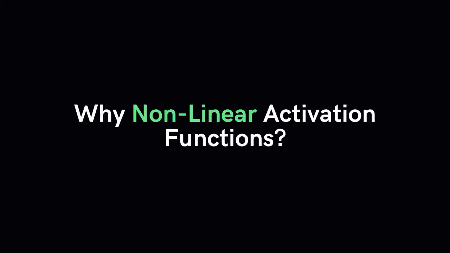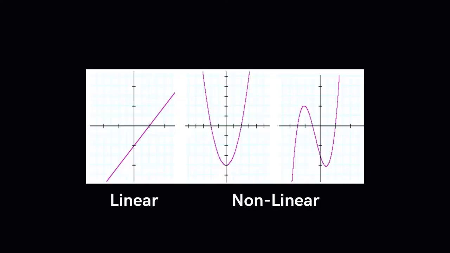Before we move on to the next section, I want to talk about why we use nonlinear activation functions as opposed to linear ones. If you recall in my definition of activation functions, I mentioned that activation functions serve to introduce something called nonlinearity in the network. For all intents and purposes, introducing nonlinearity simply means that your activation function must be nonlinear, that is, not a straight line. Mathematically, linear functions are polynomials of degree 1 that when graphed in the xy plane are straight lines inclined to the x-axis at a certain value. We call this the slope of the line.